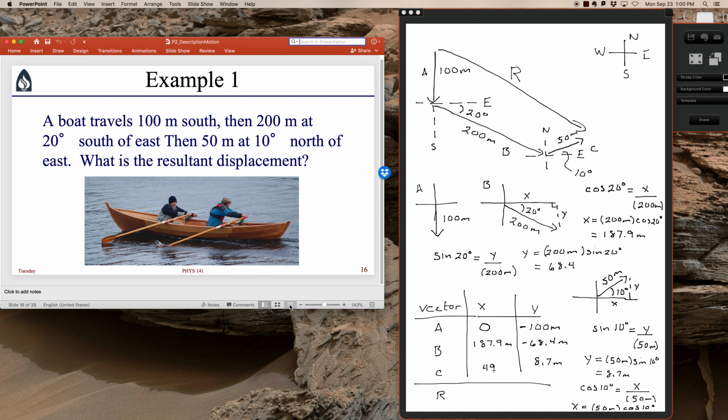49.2 meters. All right, so that's the x component, which is pointing in the positive x direction. So that would be a positive x component. Then the next step is to add together all of the x components to find the x component of my resultant vector. So that would be